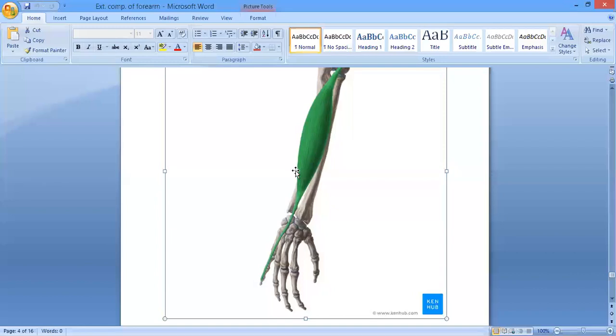Extends the metacarpophalangeal joint of the lateral finger. Okay? This is on the proximal phalanx of the finger, right? The proximal phalanx makes a joint with what? It is going to make a joint with the fifth metacarpal. So this is the extension of the metacarpophalangeal joint of the lateral finger. And of course, it also acts on the wrist joint, so it is also going to assist with the extension of the wrist joint.